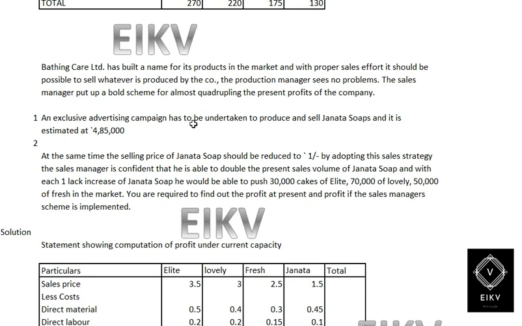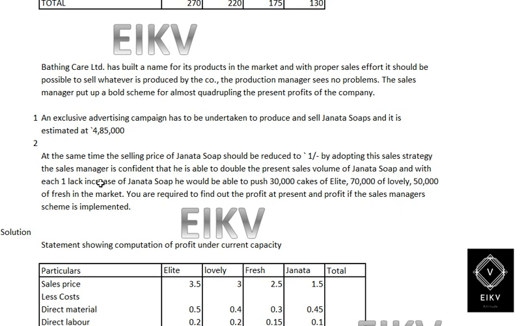These are the contributions given by the sales management. Number one, an exclusive advertisement campaign has to be undertaken to produce and sell Janta soap, and it is essential. It is estimated at 4,85,000. Point number two, the selling price of Janta soap should be reduced to 1 by adopting this sales strategy. The sales manager is confident that he is able to double the present sales volume of Janta